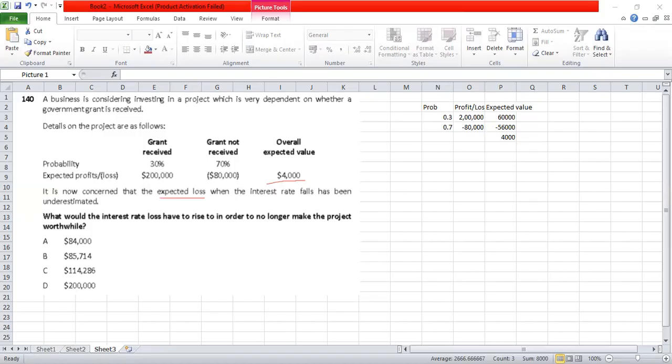We see that the expected value considering these two situations is 4,000, but that should not be 4,000. It should be zero. So when will it be zero? At what state would it be zero is what we have to calculate. So we are trying to equate this 4,000 to zero. The grant received part of it is 200,000, but then the expected interest rates